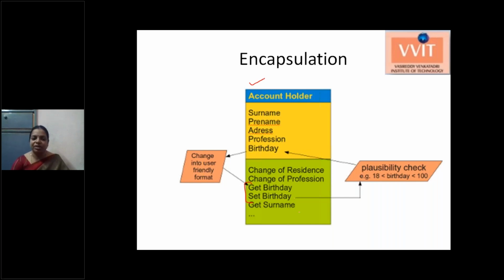In the same way, to get the surname, you can use the get method for the surname, and you can use the set method to assign the surname of the person. That is, without giving direct variable access, you are giving the variable data change based on these methods. Using the get and set methods, you can provide the user access to your variables. So we didn't provide the variable directly to the user.